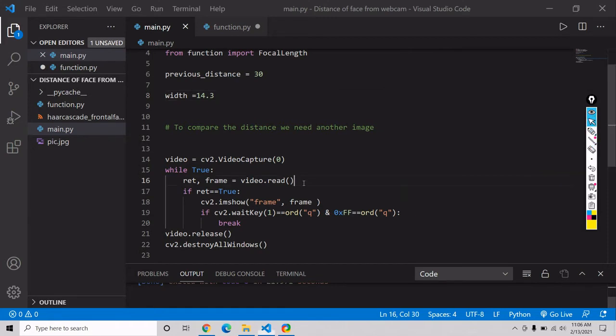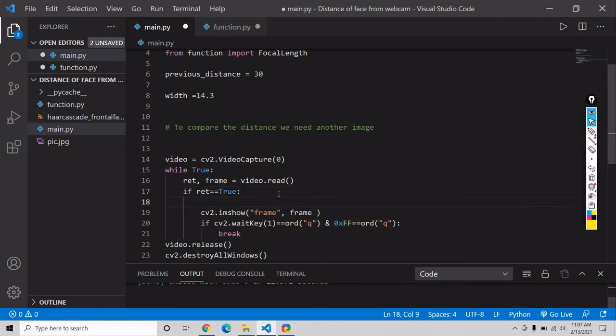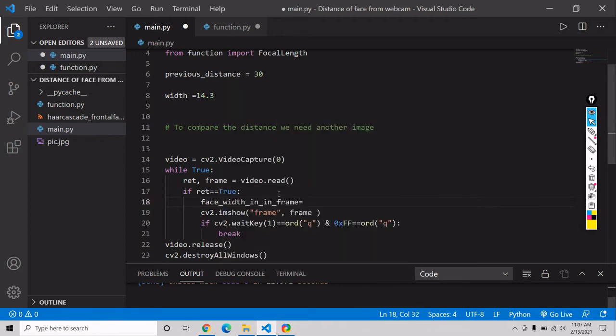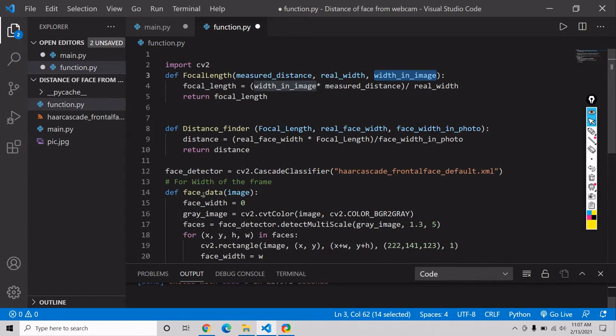Inside this, first we have to provide our previous distance. It is our known distance, we can say, and it is the initial width of our frame. After that we have to say face underscore width. Inside this we have to pass our face data because we have to first detect our face and make a rectangle on our face.